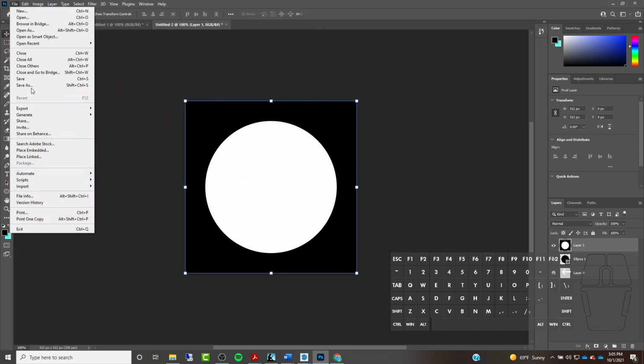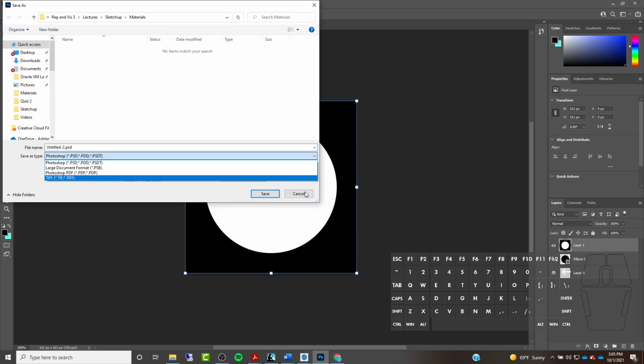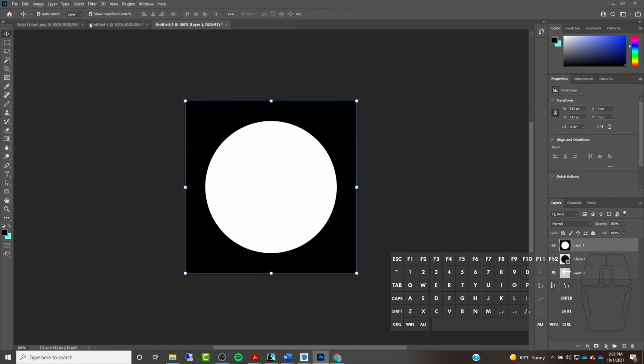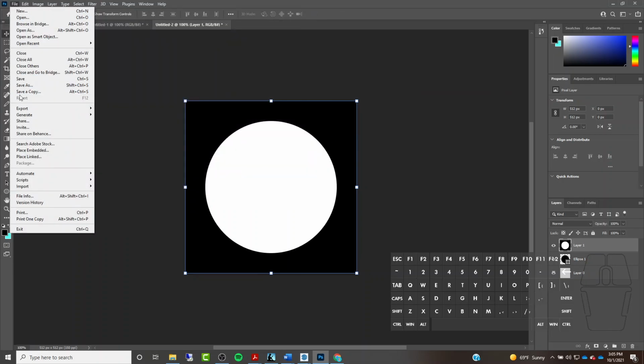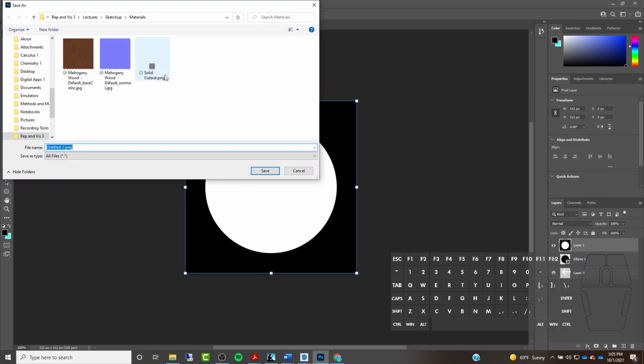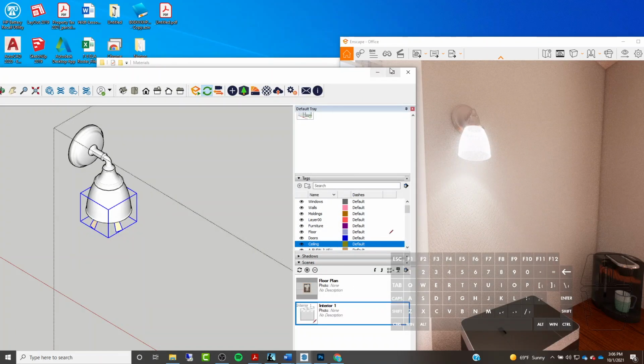Come on, File, Save As. Why is it not letting me save it as a... All right, File, Export, Quick Export as PNG, and then I'm going to call this Circle Cutout, just like that. And then I'll minimize. I'll go back here,